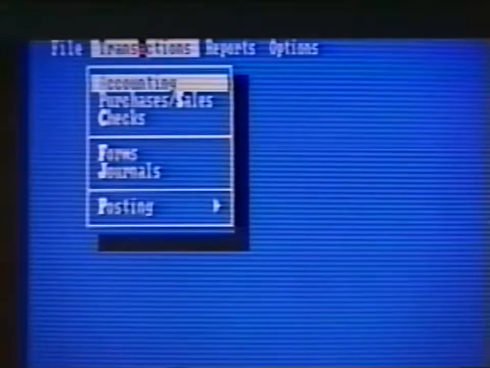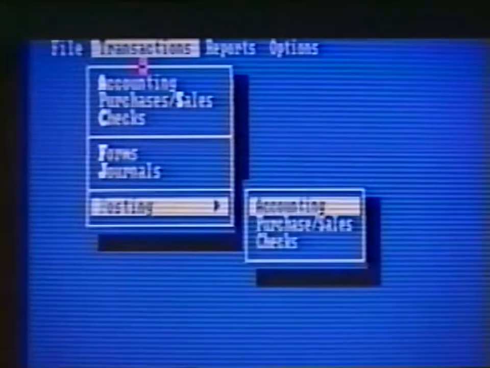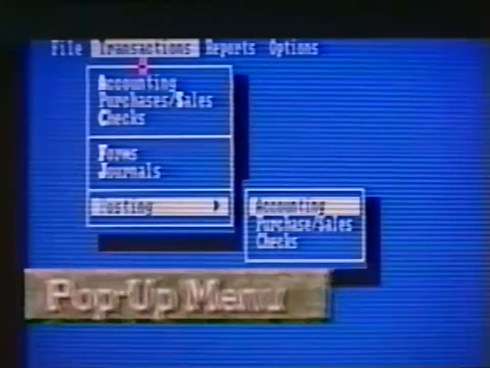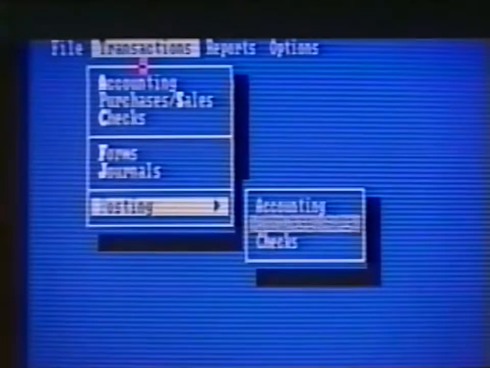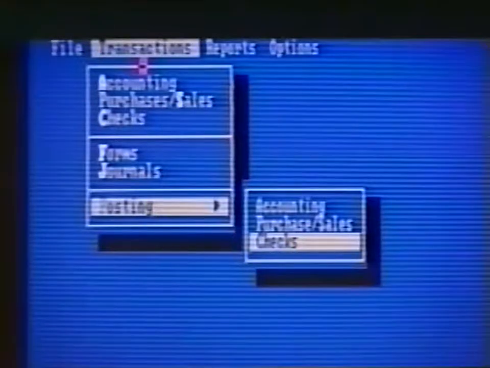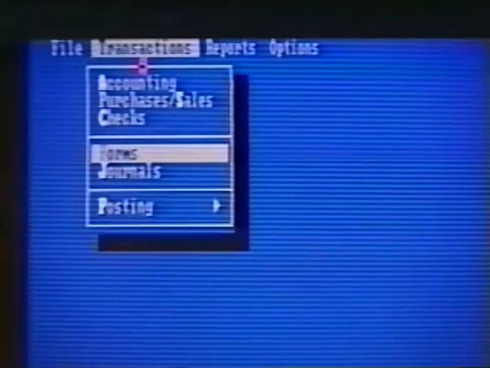Some of the options in the pull-down menus have bullets next to them. This indicates that if we select this option, another menu will appear. This menu, a pop-up menu, will appear to the right of the pull-down menu selection. The options in these pop-up menus can be selected in the same way as selections are made in the pull-down menus. Some of the options in the pull-down menus, when selected, will present us with a special kind of pop-up box called a dialog box.